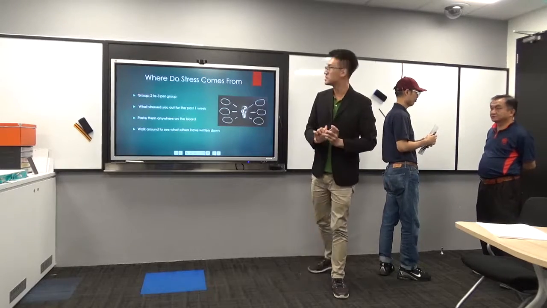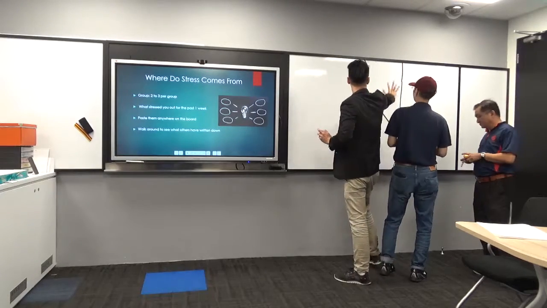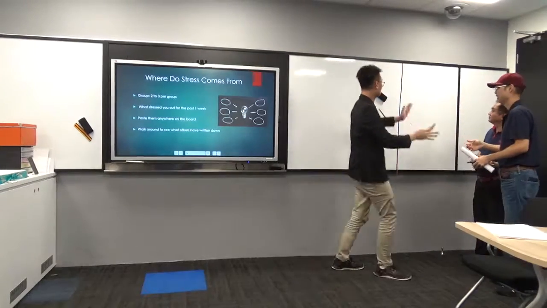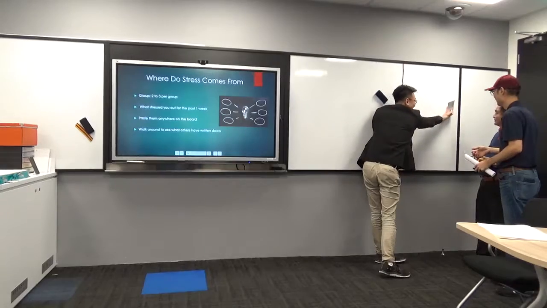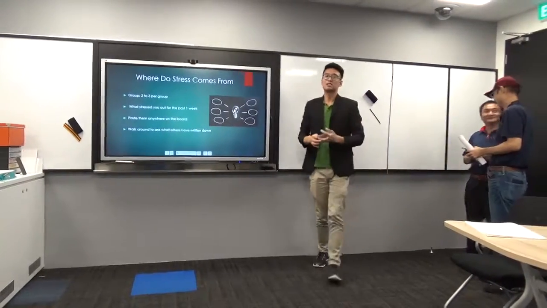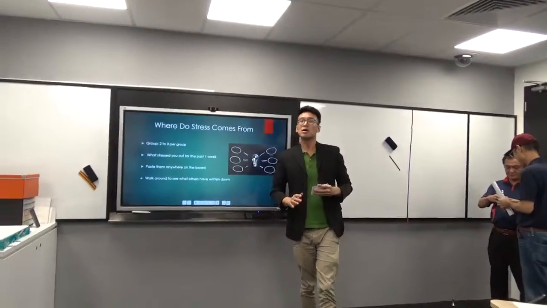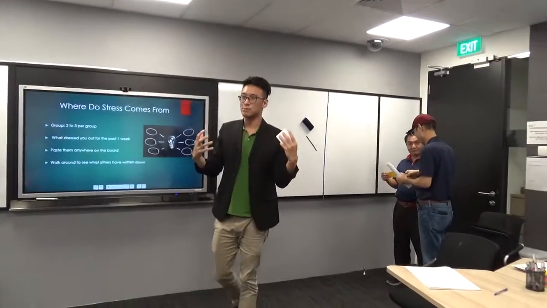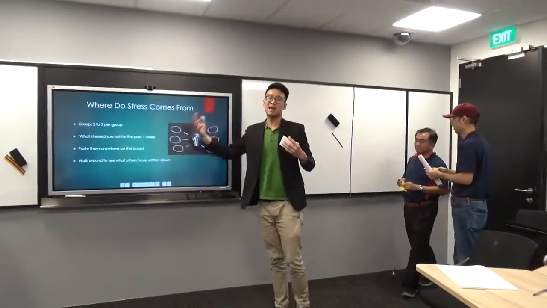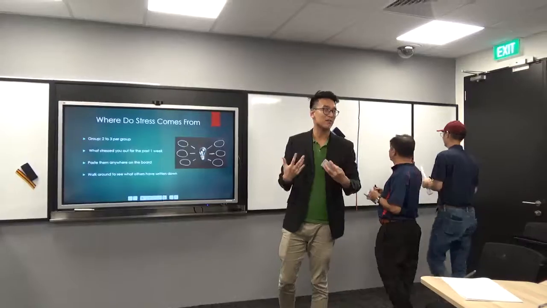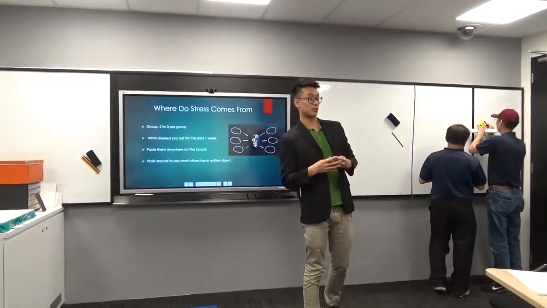So write down the events and then paste them anywhere on the whiteboard that you are allocated. So for you, please keep to this area. Okay, just post it anywhere. We don't have to worry about alignment. Only one? No, just think of as many as possible, okay? Think of as many events as possible. Last 1 week, within 2 weeks, what kind of events make you feel very stressful?